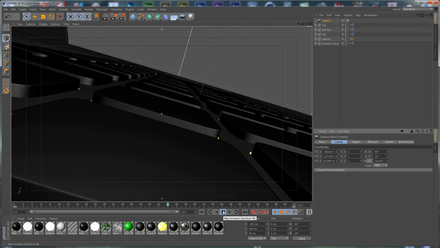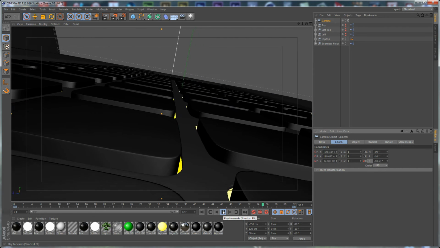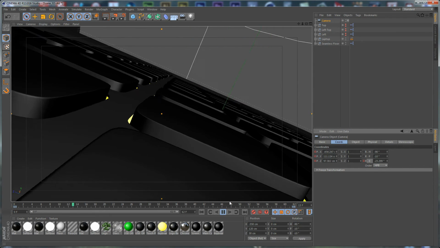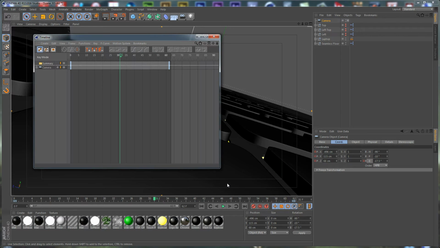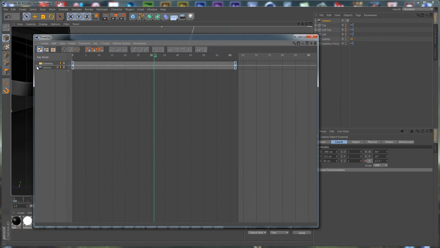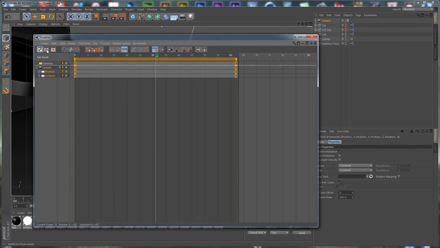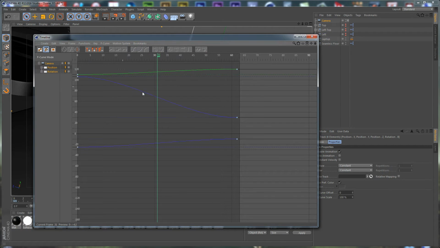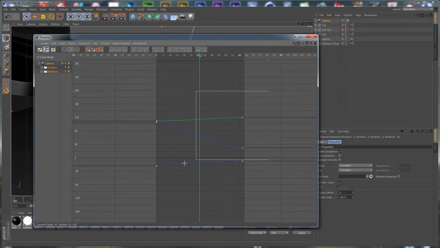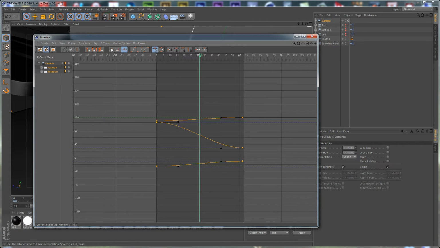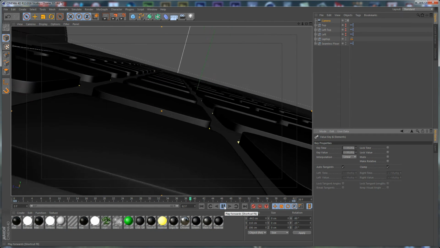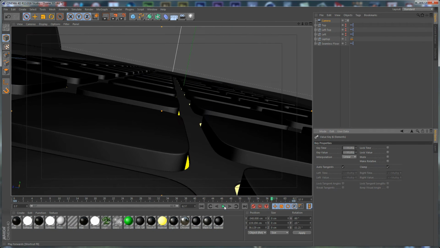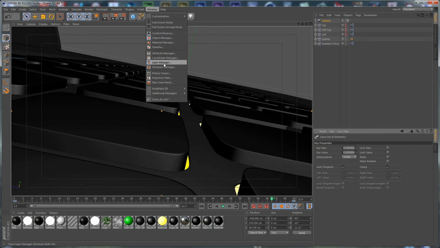And if we play the animation, this is how it looks like, and as you can see, it starts slowly and then stops slowly, and this is something that Cinema 4D does by default. So we need to go to Window and click on Timeline. Let's expand it and open the camera. Select the camera, go to the curve editor mode, and as you can see, we can select our curves and make them linear. And if we go to the start of our animation and play it back, you can see how it looks like. And we need to open the timeline once again,